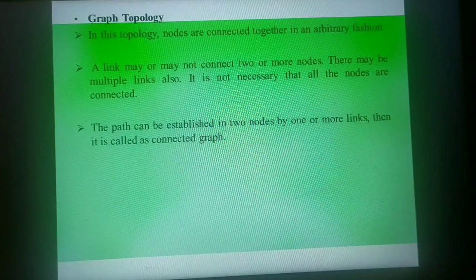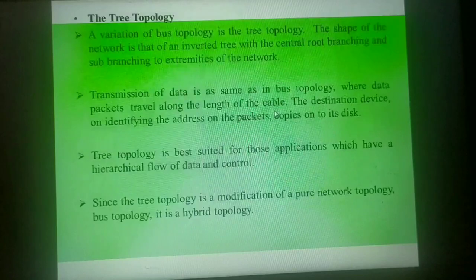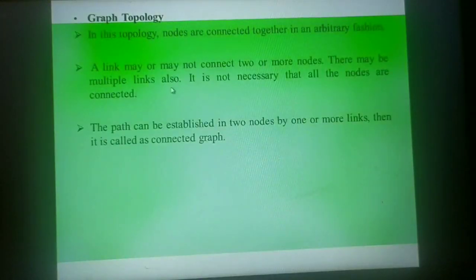There may be a link in order to connect two different nodes. A link in the sense is the path. Now this hub is providing the link in order to connect to this particular node. So there may exist one or more links connecting two or more nodes, and there might be multiple links also.